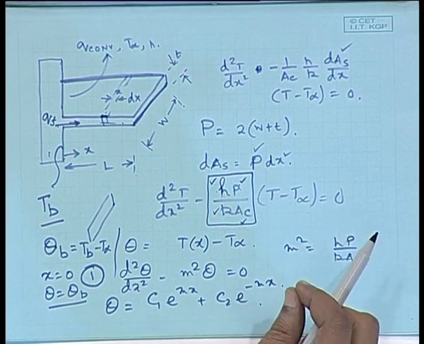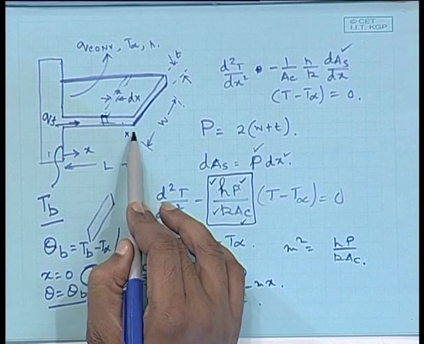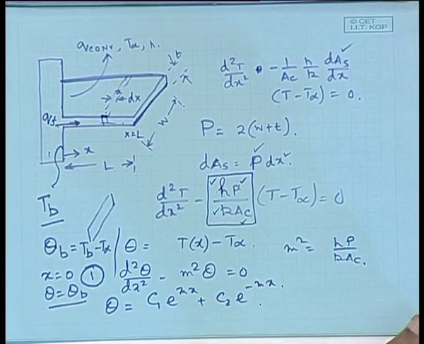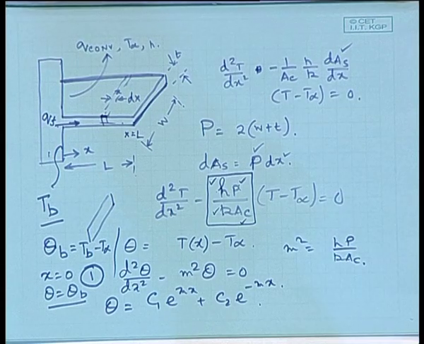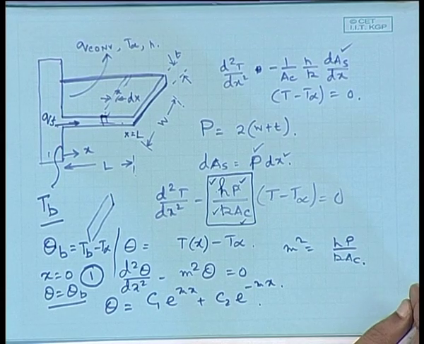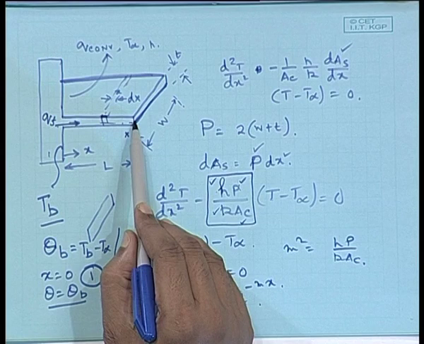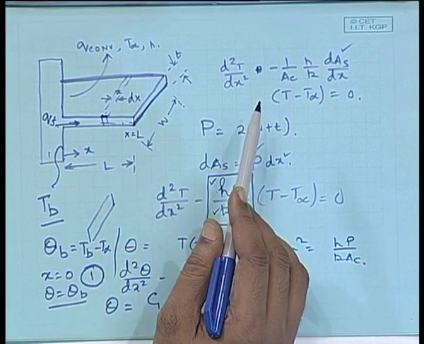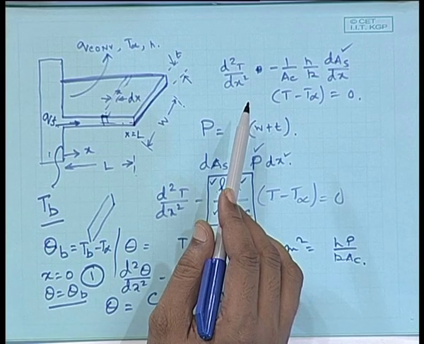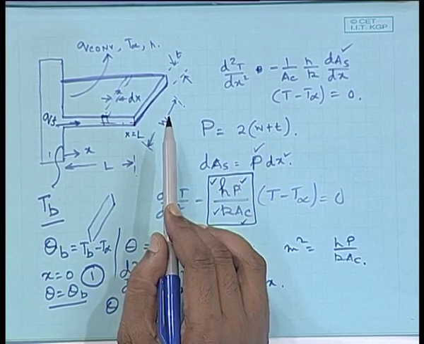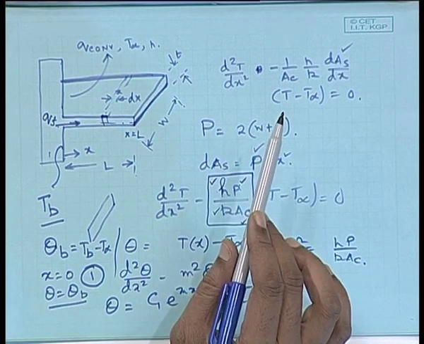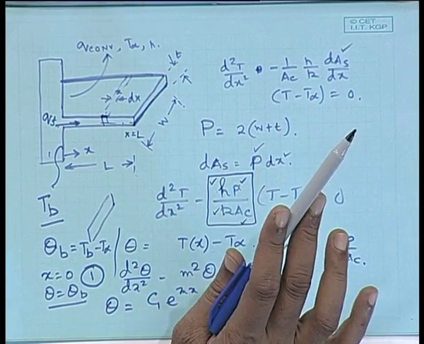You suggest me something, and we will simply put a name for that specific case, and you can look at your text and see what is the solution. So, what do you think at x equal to L the condition would be? Use your common sense. Net conduction equals convection. Whatever is coming to this surface by conduction has to be convected out. So, minus K Ac dT/dx at x equal to L should be equal to h times Ac times (T at x equal to L minus T infinity), condition number 1.